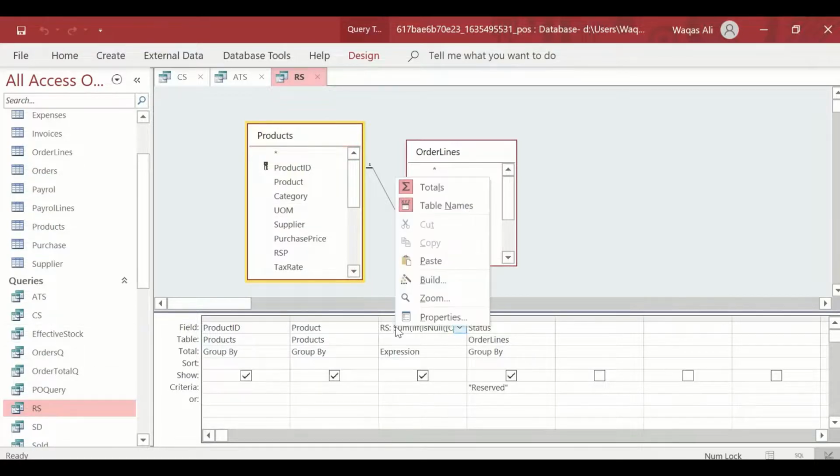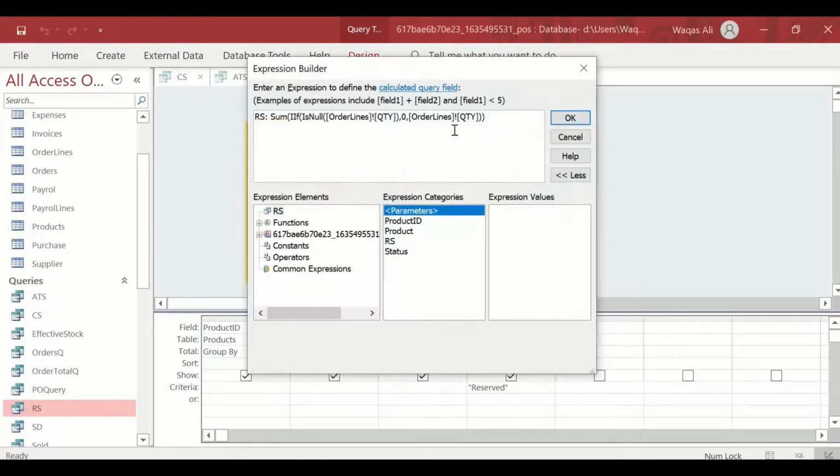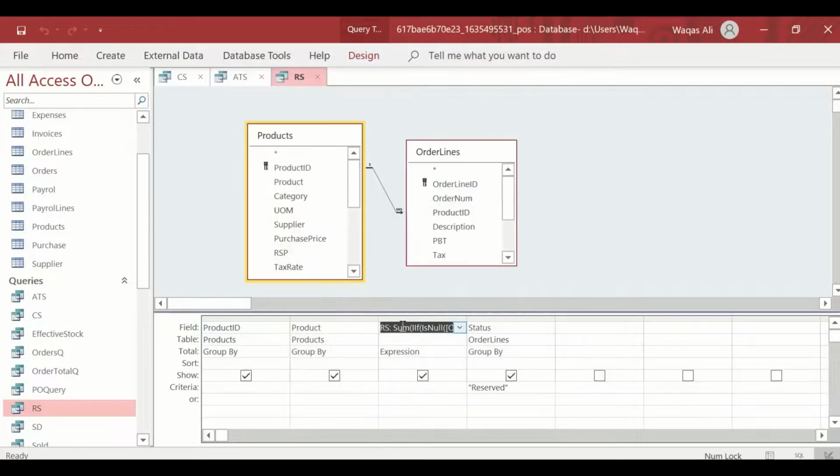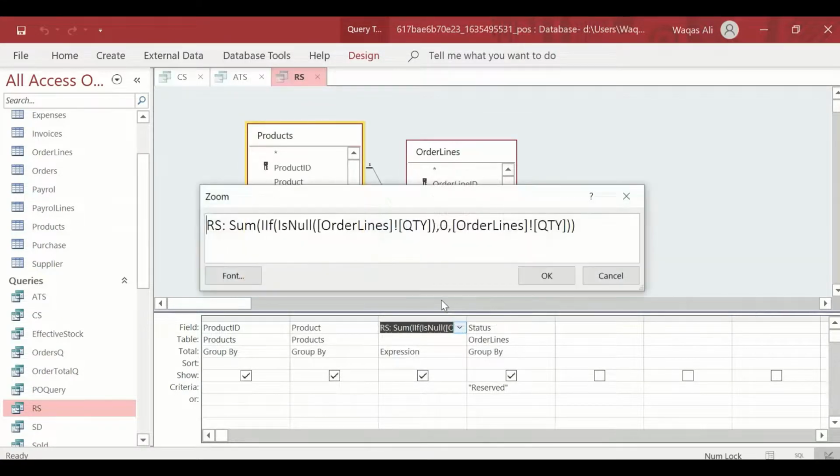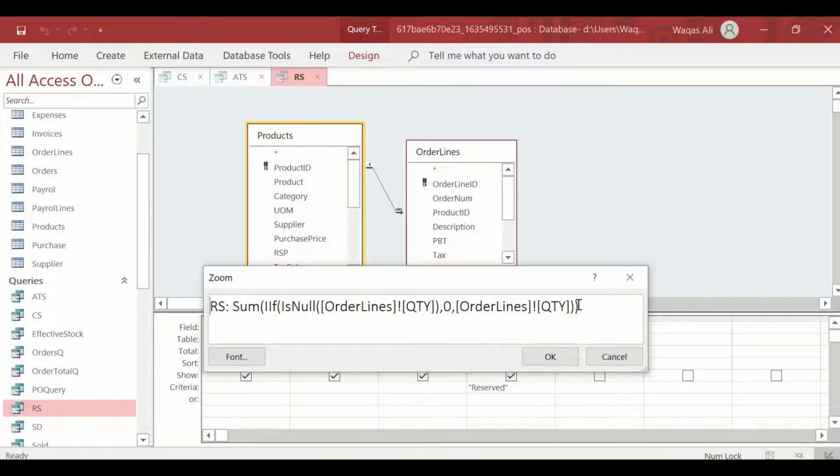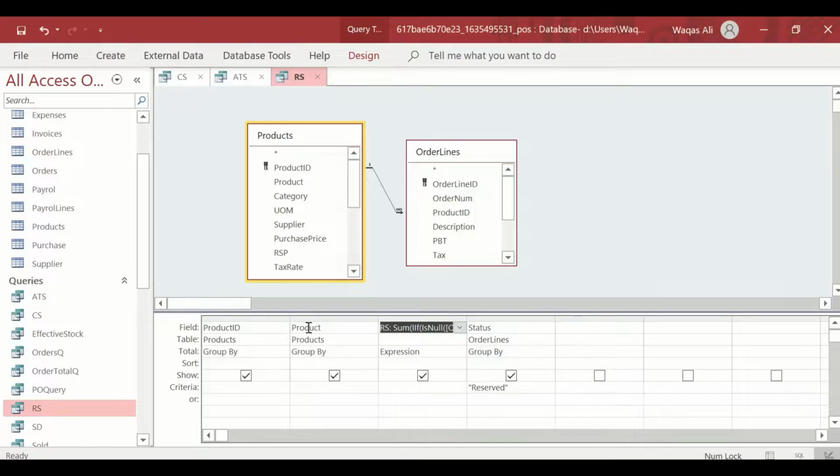If I go here, wherever there is a quantity, let me zoom in. Here we go. Wherever there is a quantity, I am doing this adjustment. I'm using IsNull in the query, so it returns 0 or the actual transaction quantity or value. So that is important.